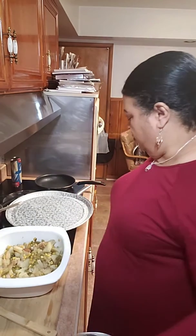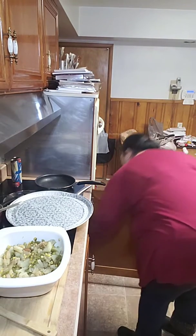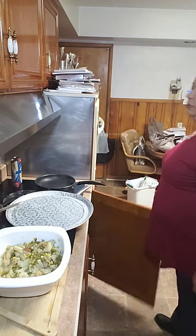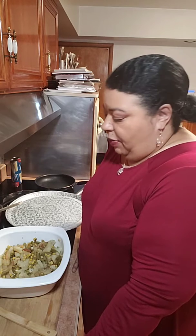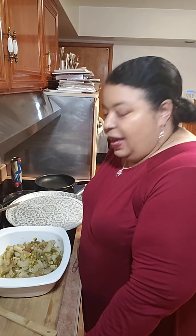So, I am trying to put together my own cookbook, believe it or not. So, what do you guys think of this? I'm going to ask you guys' opinion on this one. Would you rather have, let's see, a theme like, what is a good theme? Casseroles, or like